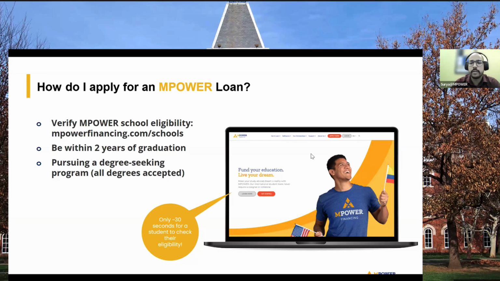So this same logic applies everywhere, where if you are doing even a master program which is 2.5 or more than 2 years, then you would be eligible to apply for an Empower loan within the last 2 years of your graduation. As the third point says, it should be a degree seeking program. So whatever program you are planning to start, it should be a degree seeking or a full-time program as well.